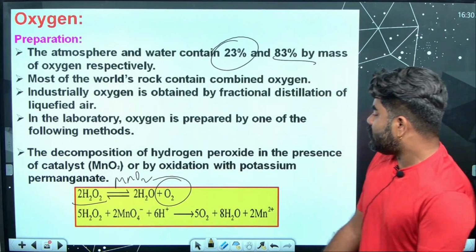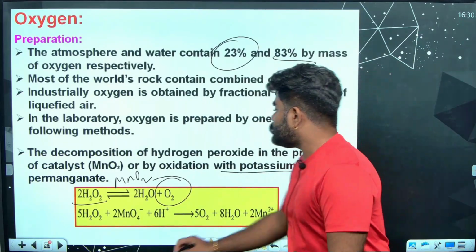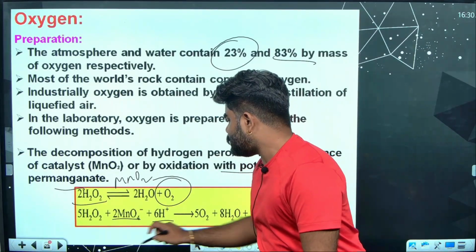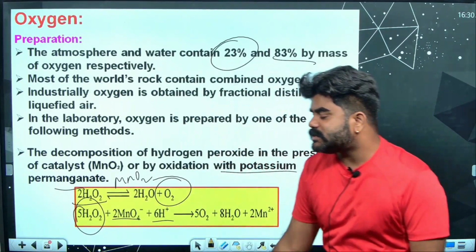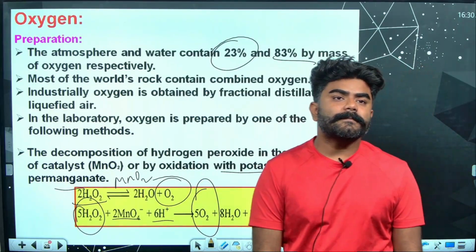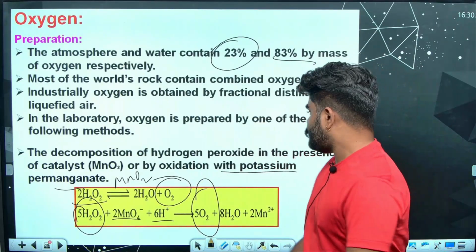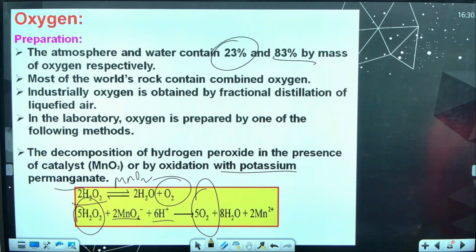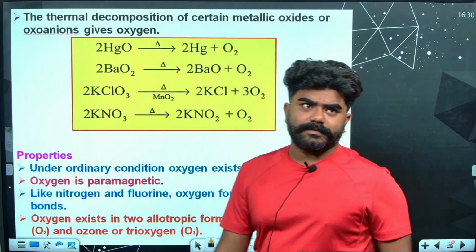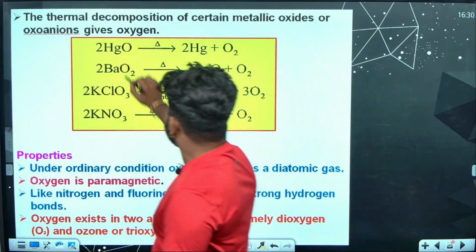Not only that, when you do oxidation of potassium permanganate எடுத்து acidic mediumல hydrogen peroxide போட்டு நம்ம oxidize பண்ணா we will get oxygen. So this is one other method of preparation of oxygen. Then எப்படி oxygen prepare பண்ணலாம்? By taking these